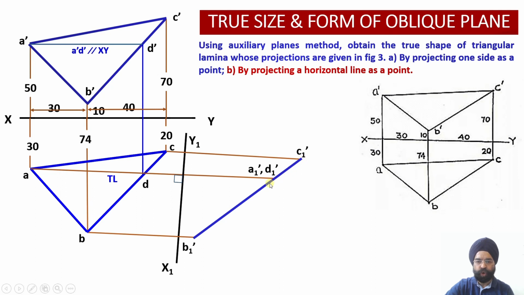And the moment I join all these points, you can see that in the earlier figure we had 3 points. In this figure we have got 4 points because one artificial point has been generated over here to obtain the true length. But irrespective of the number of edges, I am able to obtain the edge view of the lamina over here. So once I go perpendicular to a true length, the view obtained on the auxiliary plane will be an edge view. This is the same phenomenon which I explained to you earlier.